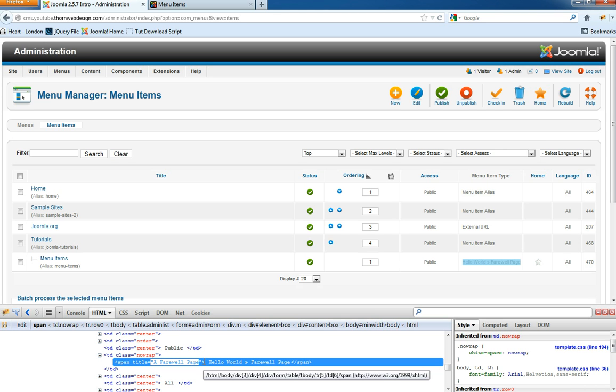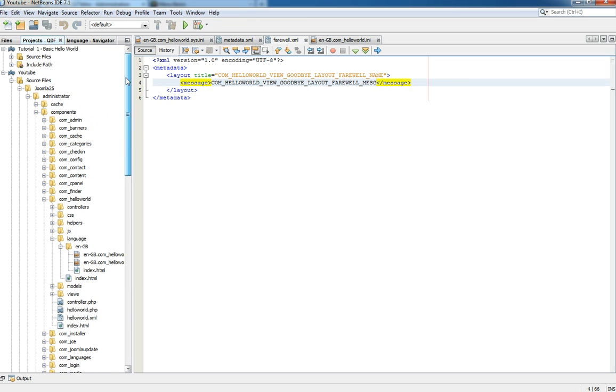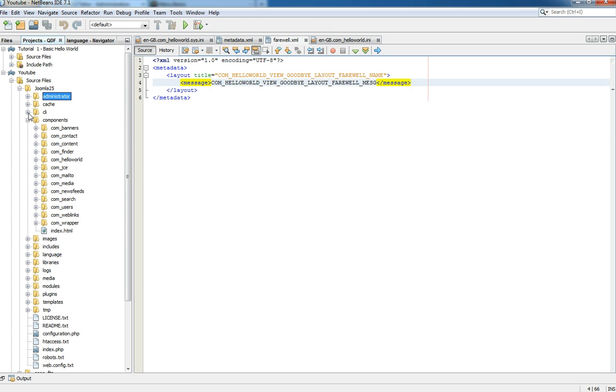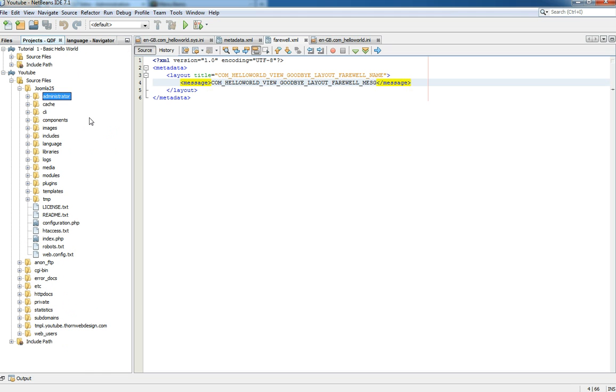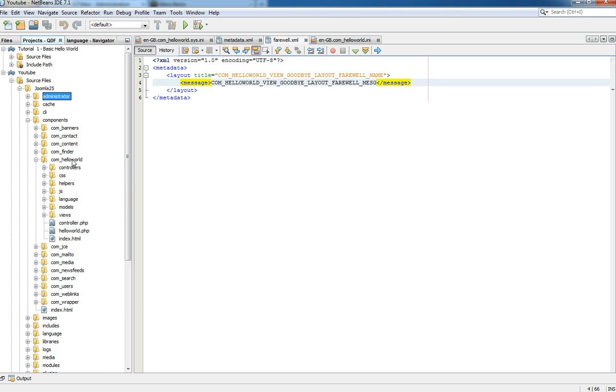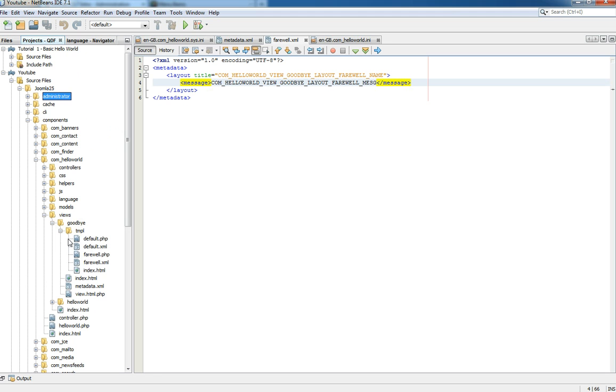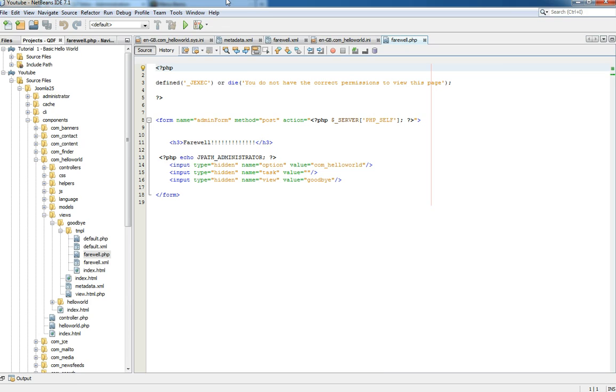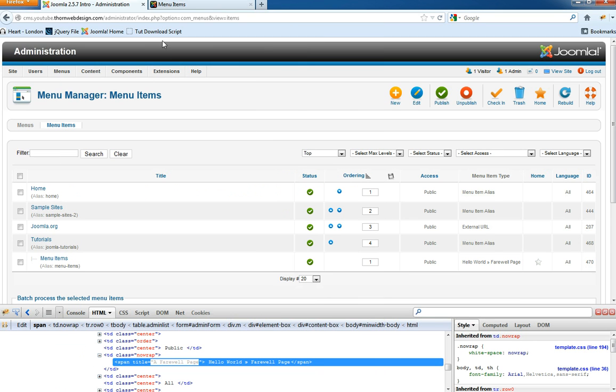Okay. Right. Next, we're going to talk about JText. Okay, JText. This is an element. If we come to our site, so now we have the component installed, all right, and we want to modify our farewell page, all right. So we're going to come to components for the site, and then to our component folder, our views folder, the goodbye folder, because the template was farewell, and we're going to go to our farewell.php. Okay, why are we there? Because in the front end,